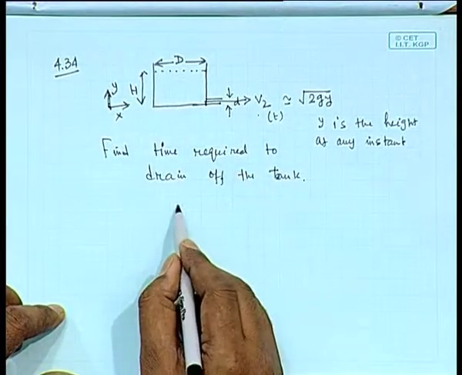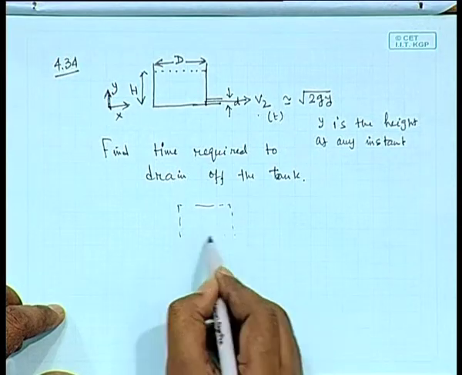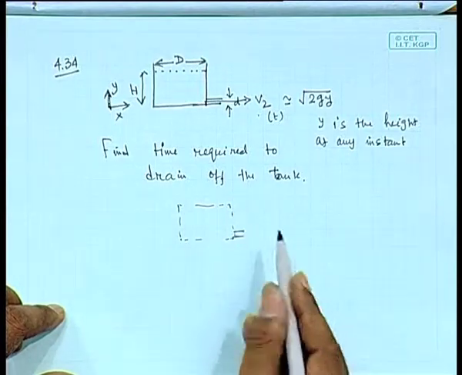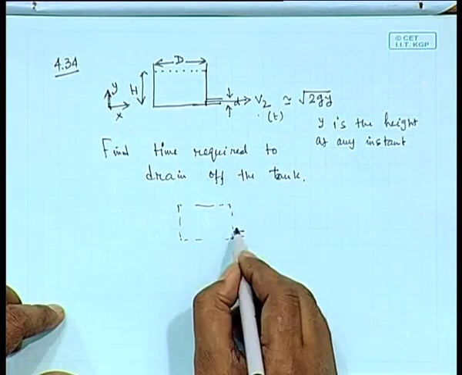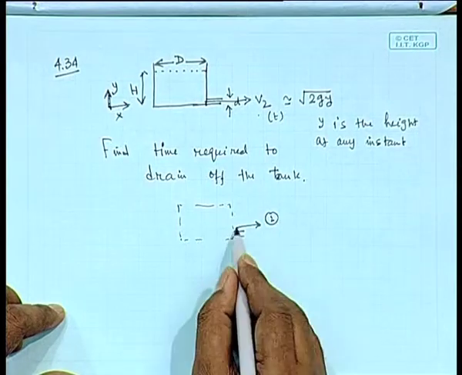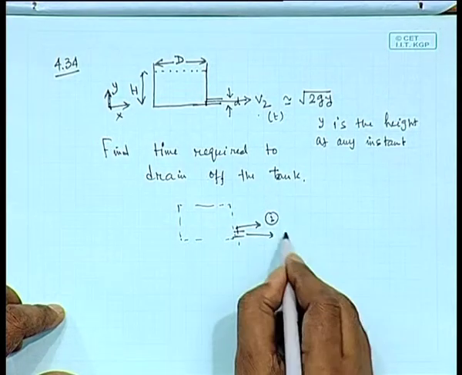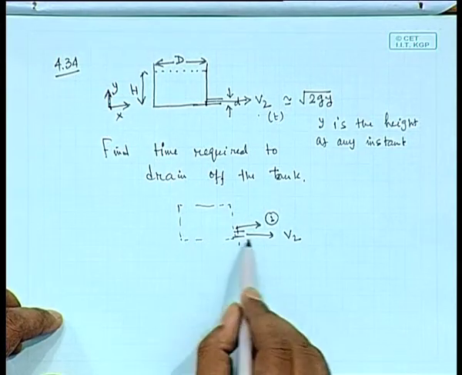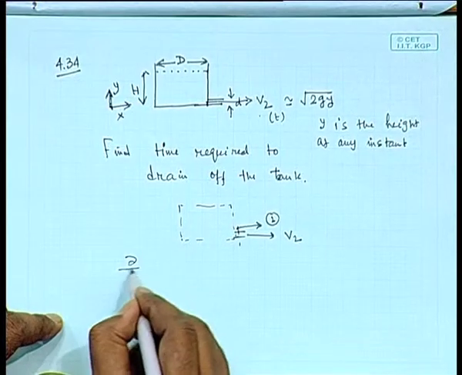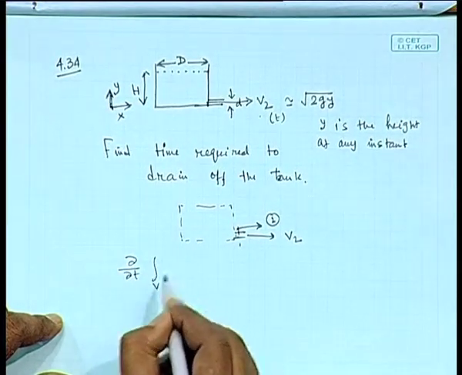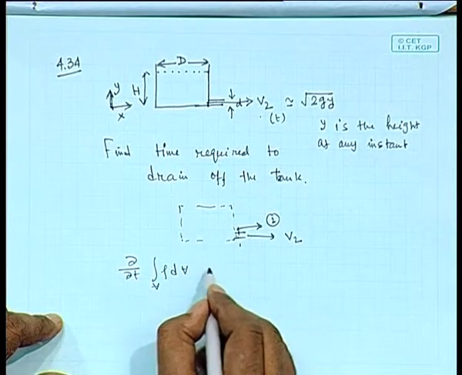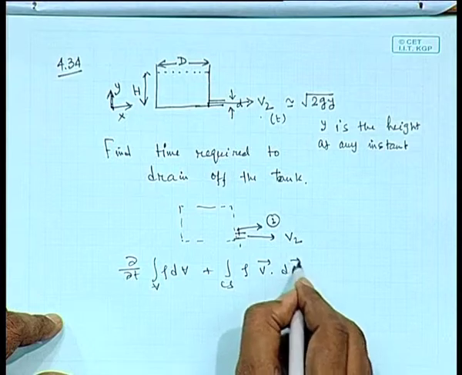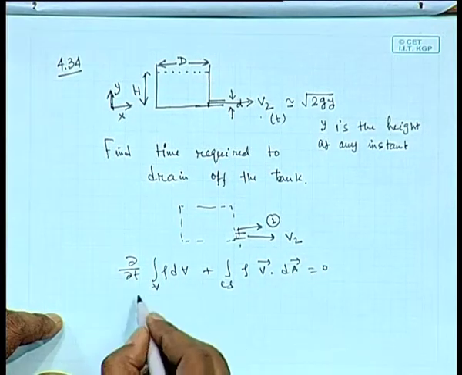Now, at any point of time, the height is let us say y, and we take a control volume around that, and this is port number 1, or let us say section 2, where the water will be coming out with velocity V2, and nothing is coming in. So, only one stream is coming out. So, del/del t of integral rho dV plus control surface integral rho V dA will be equal to 0,